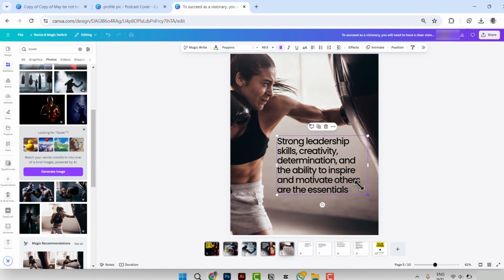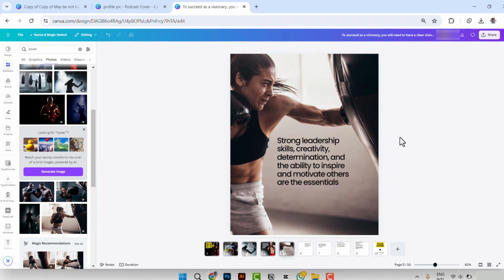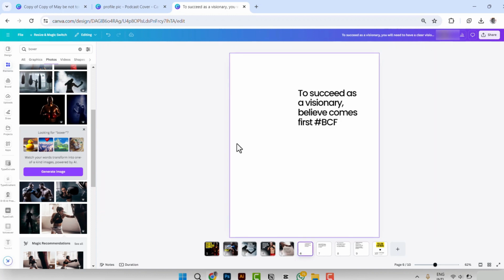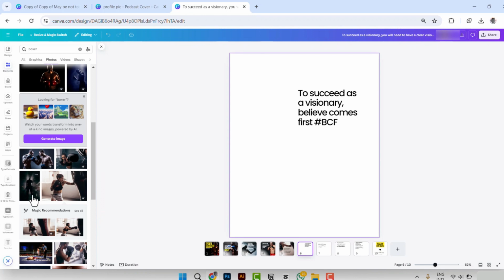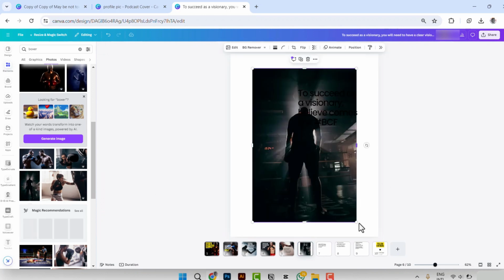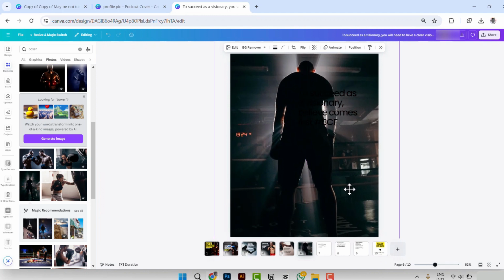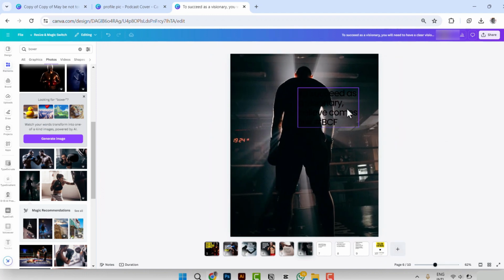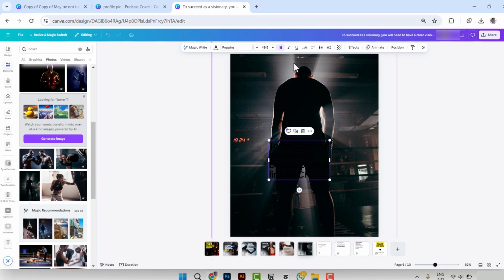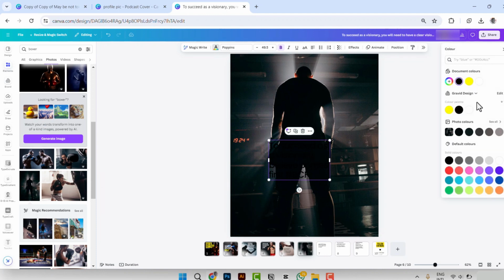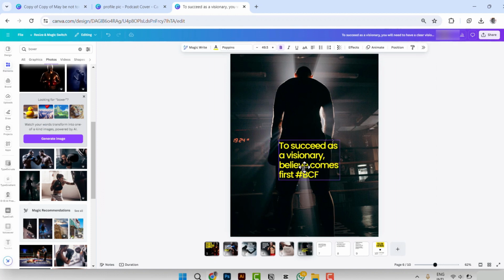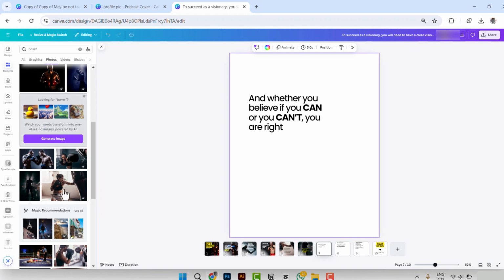You can always make things smaller if you know the text is too big. And let's pick another one. This is just a good part when you're using Canva Pro, because the images are like, come on, they will just fill with good stuff. And we can change the color of this one to be white, or we can make it yellow so that we can just keep following the brand. And this one we can pick